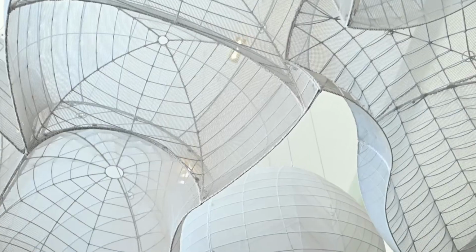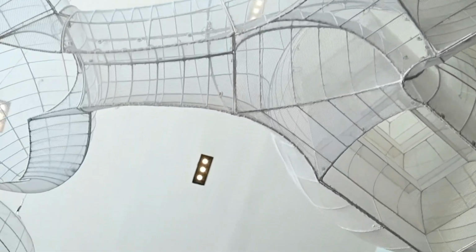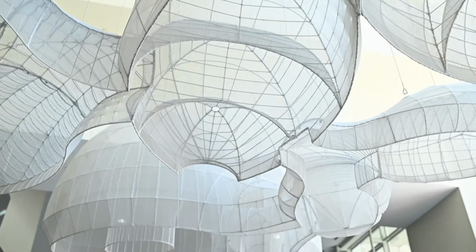But then when you get under it and you study the forms, they look like they could be wave forms or leaf forms or cells dividing. Yeah, cells dividing or a spaceship. You could stand underneath and get sucked up into another dimension. And something even like clouds,